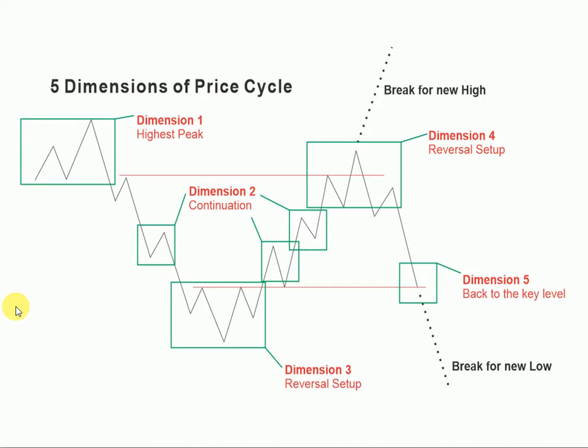So when the price makes a cycle from the top to the bottom, this is the first trend we are going to look at in any setup we plan to work with. From the top to the bottom, we will recognize dimension 1, dimension 2, and dimension 3. This is the basic shape of the price we want to see before we move on to the trading setup or strategy,